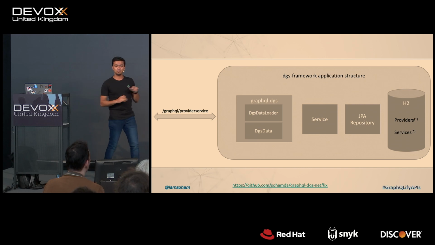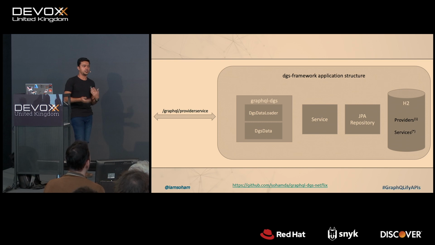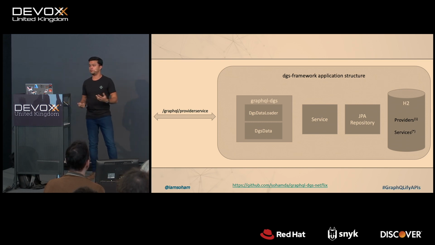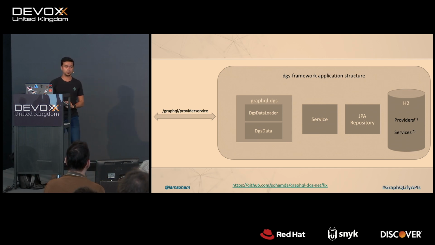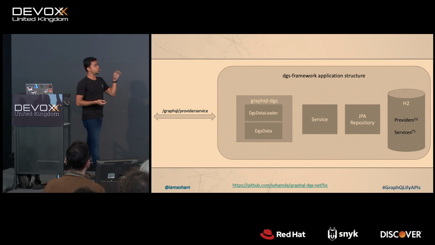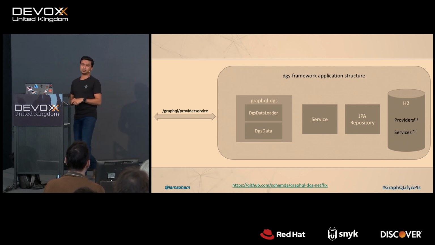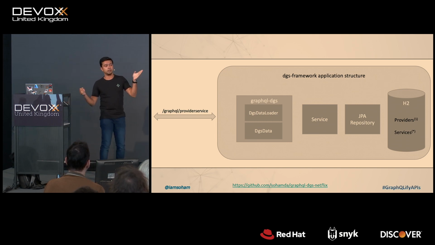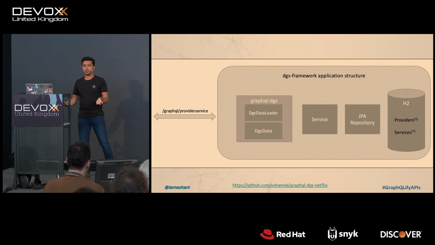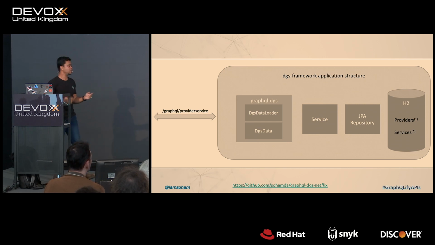Again, a bit more simplification than the previous implementation. They introduced annotation-driven implementation, just like, yeah, we are all quite familiar when we implement Spring Boot application. So they introduced two types of annotation. If you have a data loader, you use the DGS data loader, and you implement what you want to do. And if you have a data fetcher, you implement DGS data, and then implement your structure. Again, repeating myself, I know, service, JPA, database remains the same. Still have a plugin.